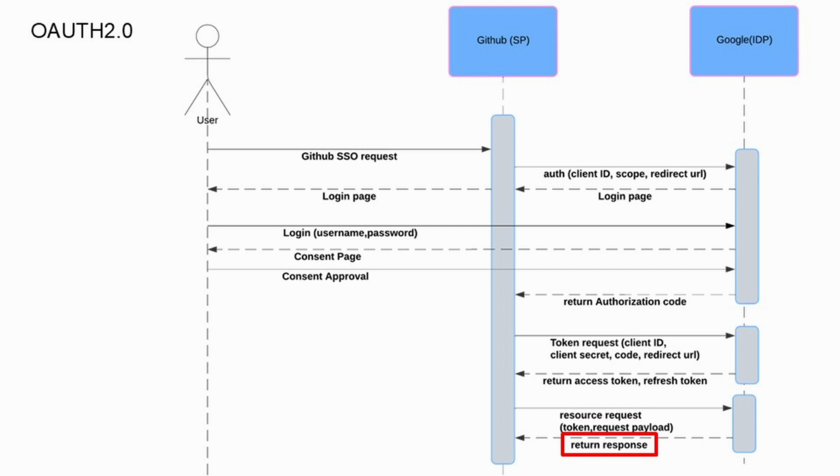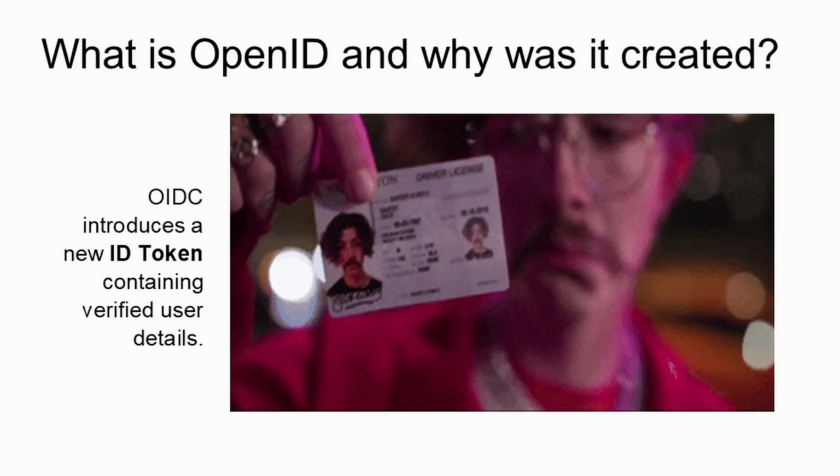Now, we already have OAuth, but there's one more concept on top of OAuth, which is called OpenID Connect, or OIDC. Now, what is OpenID Connect and why do we have it when we already have OAuth? So now you have your hotel key card, but the door only verifies your key card chip, etc. It does not know who is holding the key card or who the user is. How do you verify the user?